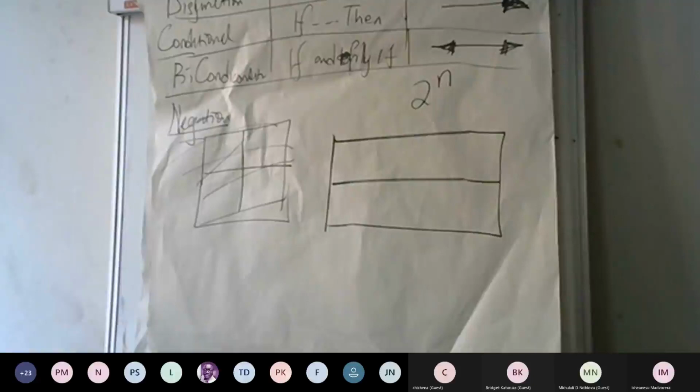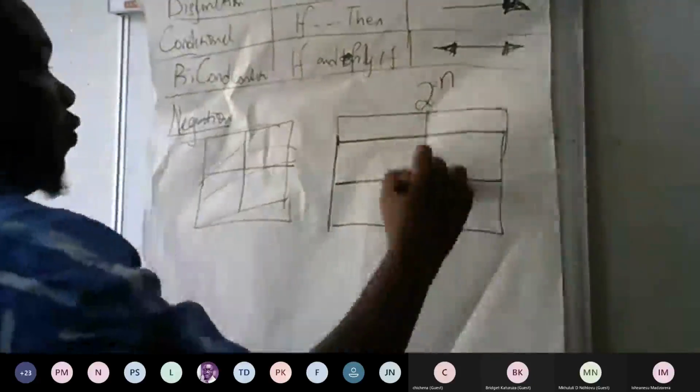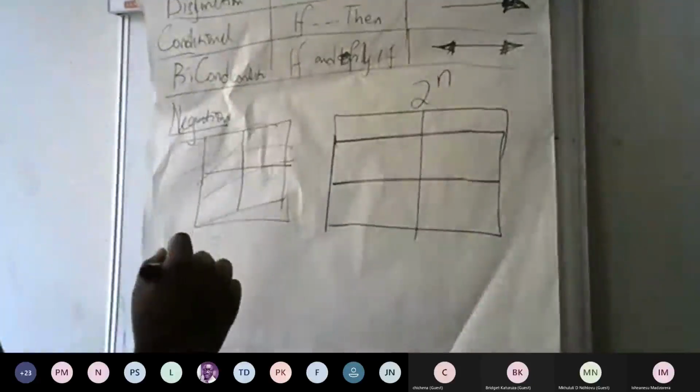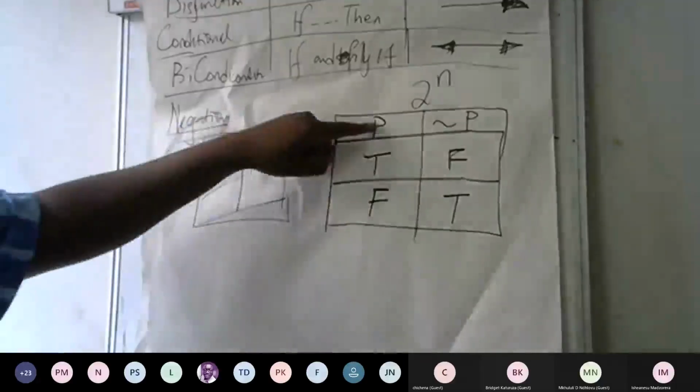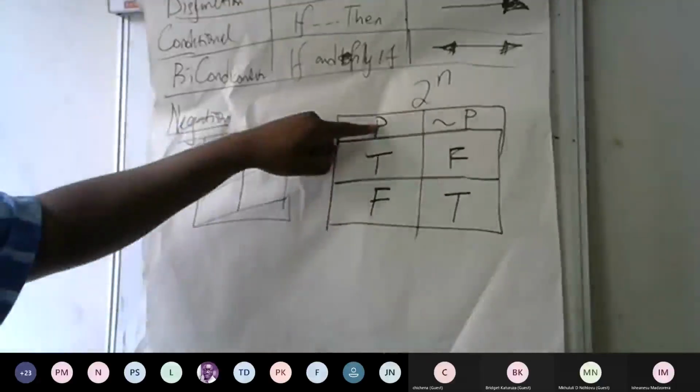So I can have 1 unique variable p. Its negation is not p. If I have a true, its negation is false. If I have a false, its negation is true. Here, these are the unique variables I was talking about. If I only need p, it means 2 to the power 1, so I'm going to have